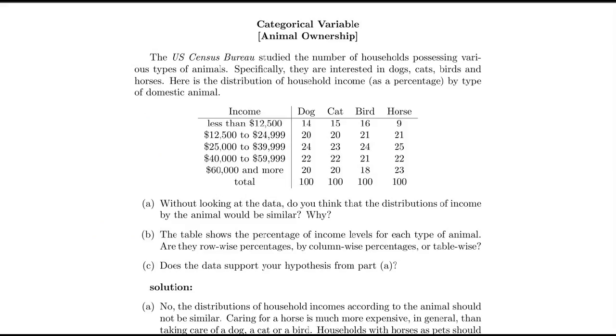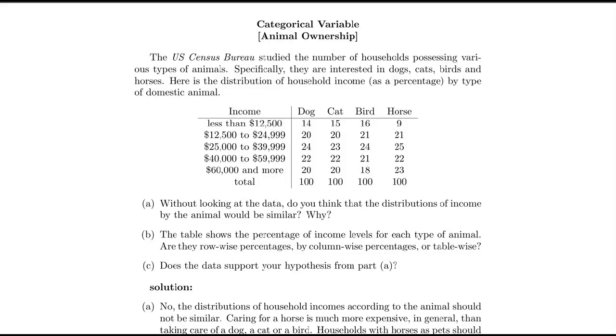We will go over question 4 for categorical variables. Here we have two variables which have been categorized. One is income, so first category is less than $12,500, and this is household incomes. Second category is 12,500 to 24,999, and so on. And then the second categorical variable here has to do with type of animal of ownership